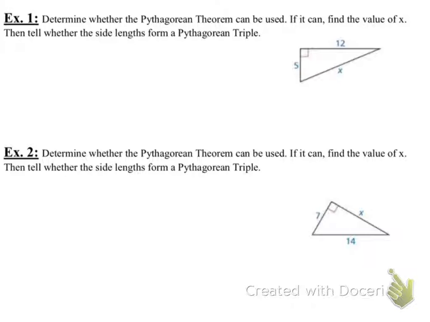So let's look at example 1. Determine whether the Pythagorean theorem can be used. And I said this at the beginning, but the only way the Pythagorean theorem can be used is if the triangle is actually a right triangle. And in this case, in both example 1 and example 2, that's the first part of the question: determine whether it can be used. It can be. I see the right angle in the triangle. It's marked, so that means I can use the Pythagorean theorem here, which is nice. It's pretty simple to plug into, get you some calculator work. So yes, it can be used for